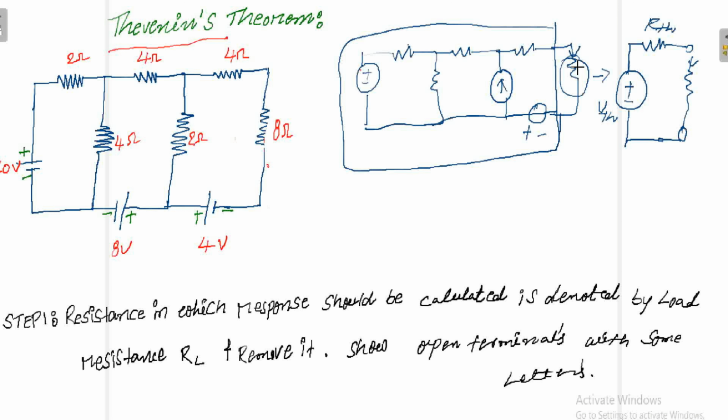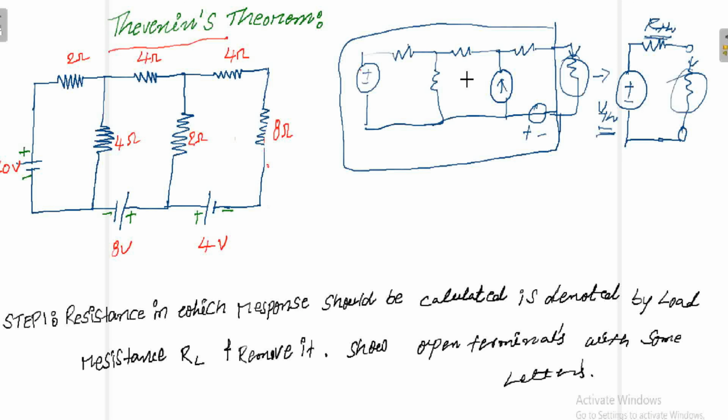So with the help of Thevenin's theorem, we are going to replace the total circuit except the load where you want to find the response with a simple circuit which has two elements: one is a voltage source and the next one is a resistance. The voltage source value is called VTH and the resistance value is called RTH. We are going to see how to find this VTH and how to find this RTH. With the help of RTH and VTH, we can have n number of choices.